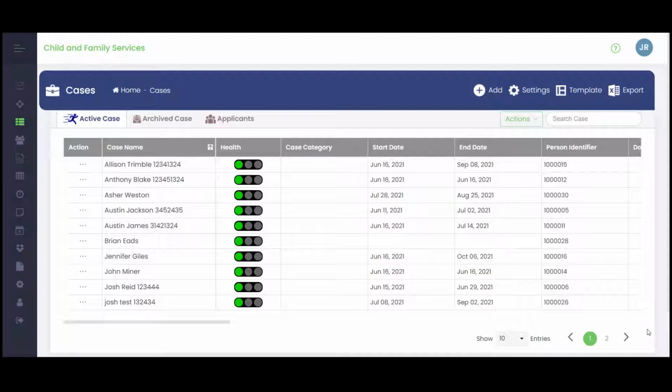My name is Brian, and today I'd like to talk a little bit about the child and family services industry and to show a little bit how Planstreet can help streamline those processes, digitize the information, and provide you more time with your clients. So the first thing that you see when you come into the system is the case